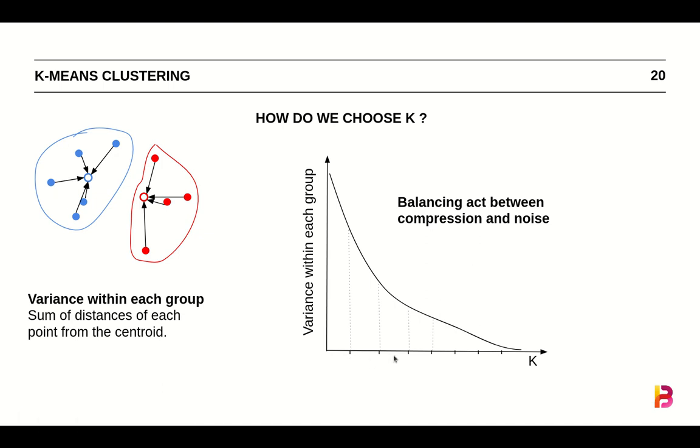But as we increase k, the variance within these groups gets increasingly smaller. Let's say we had 3 groups: group 1 would have been like this, group 2 like this, group 3 like these 3. Obviously, you can see that the smaller the group gets, the average distance between the points within that group would decrease. So the variance within the group decreases as you increase the number of clusters, but you lose your compression with it. So imagine it like this.